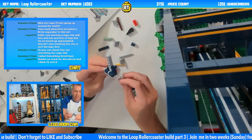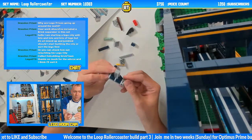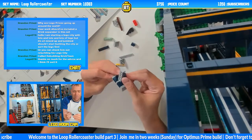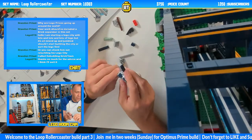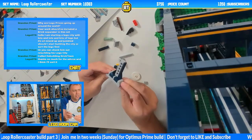Then we stick another one of these bracket pieces on, and this time we use a double cheese wedge into the end there just to give us that sloped end. We also stick a 1x4 tile up the top here as well, just to smooth that off. We'll get a 1x6 plate and we'll just stick these bracket pieces into that plate,